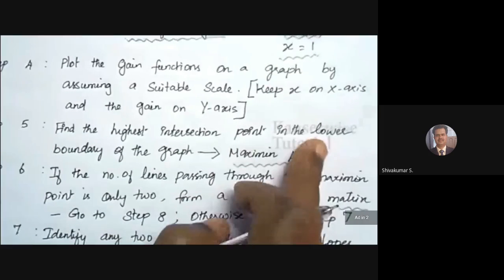Now find the highest intersection point in the lower